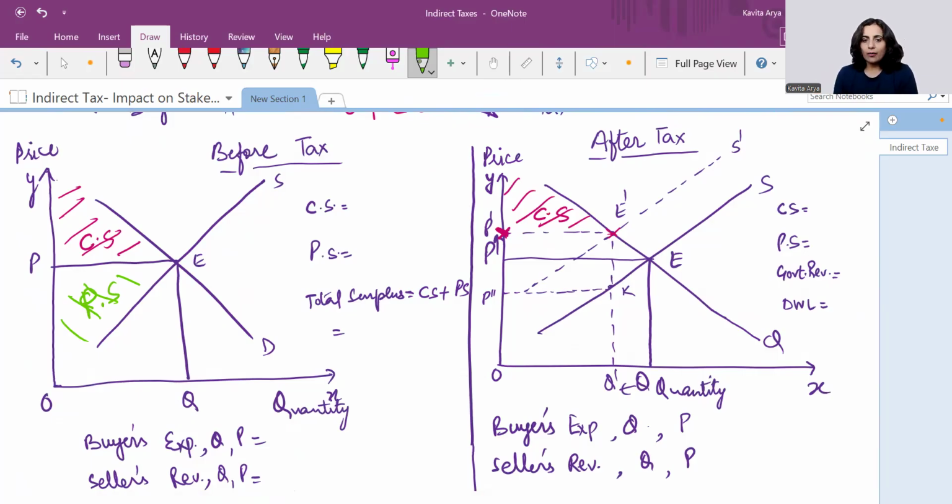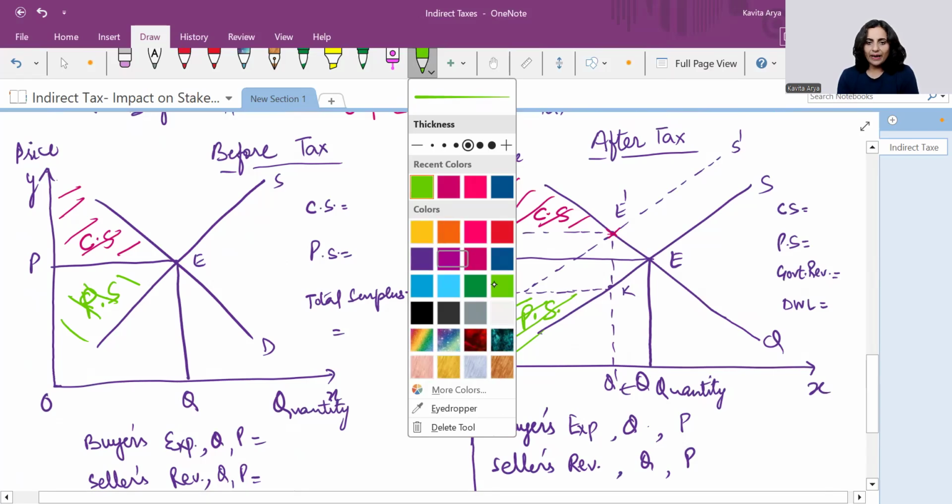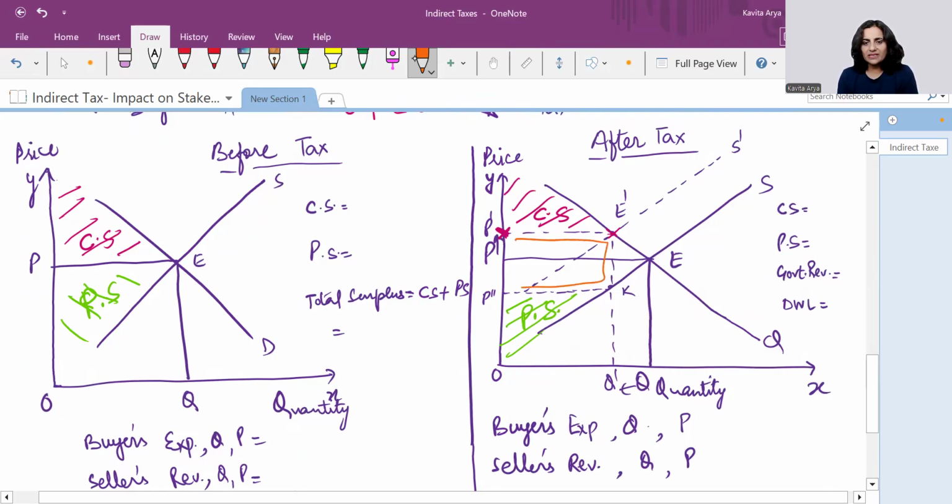Okay? Now, what happens after the tax is levied? The producer surplus is reduced only to this much extent, PS. Why? What's the gap like? What is the gap in this P double dash, K, E dash and P dash called? So here we have tried to explain in the previous section also that this box is the government revenue,